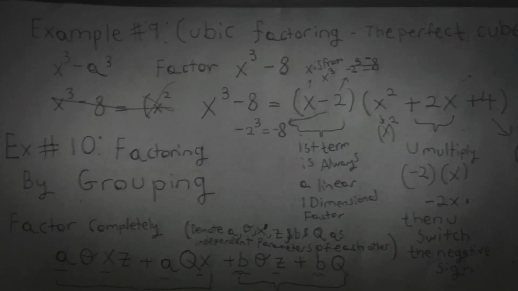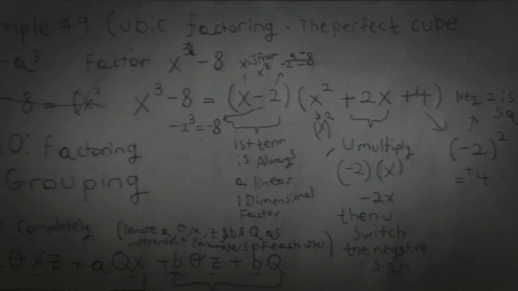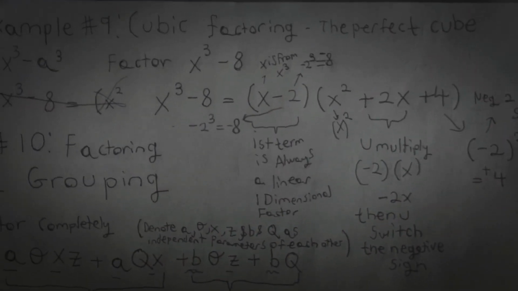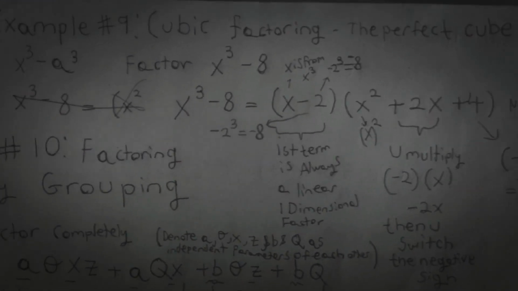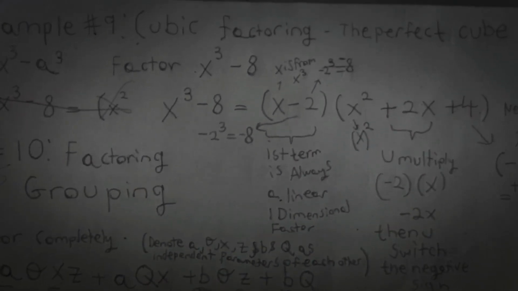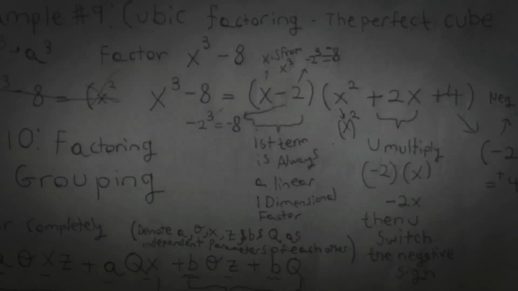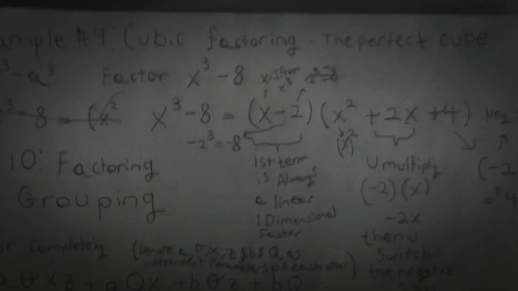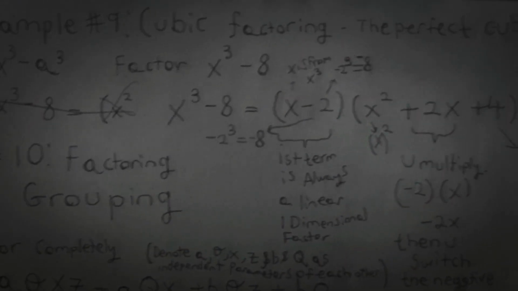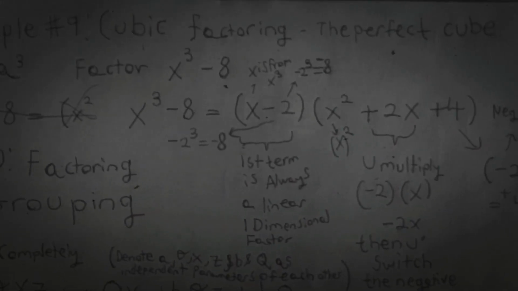Now in this problem, we must factor x cubed minus 8. The first factor you see here is x minus 2. This is a linear, one-dimensional factor. Now to get x minus 2, the cube root of x cubed is x. The cube root of negative 8 is negative 2. Negative 2 to the third is negative 8. X cubed is x cubed. X to the third is x cubed. You must take the cube root individually of the x cubed and negative 8 to get the linear factor